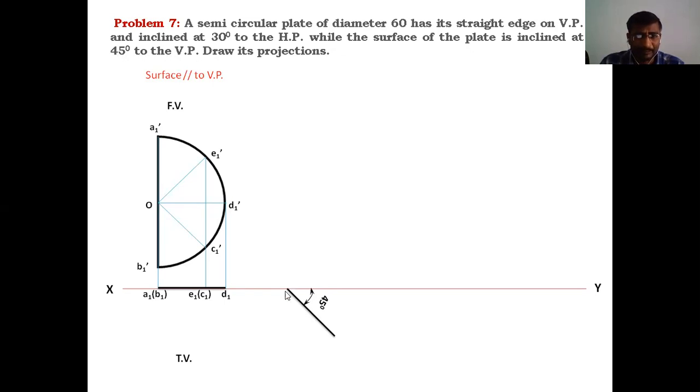First of all, locate any point somewhere else on the XY line. From that point, draw an inclined line at 45 degrees to the XY line, and the inclined line length must be equal to 30 mm. Clear, students? After completing this second stage top view, locate the points on it. The point on the XY line becomes A2 of B2. Why? Because this was the first stage point A1 of B1. This becomes A2 of B2 in the second stage. We are rotating this line at 45 degrees to XY, so the line points become the second stage, that is, A2 of B2.